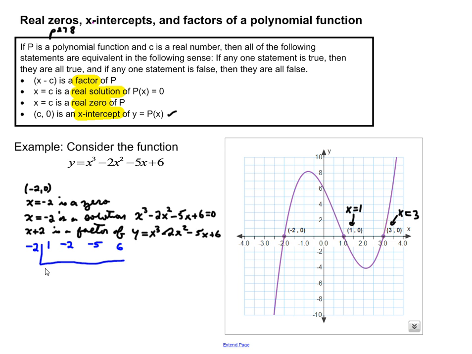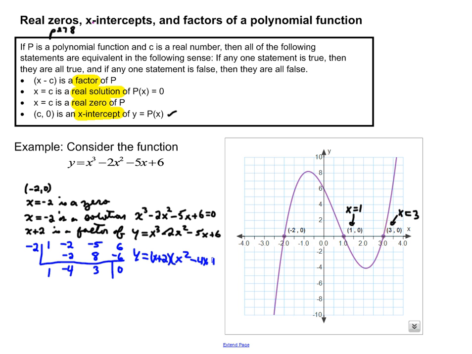All right, what do we do? Carry down the 1. Multiply it by negative 2. Add going down the column. Multiply the two terms, so we get 8. 8 minus 5 is 3. Multiply negative 2 times 3 to get negative 6. That gives us our remainder of 0. And we can actually state that y is the factor x plus 2, the divisor, times x squared minus 4x